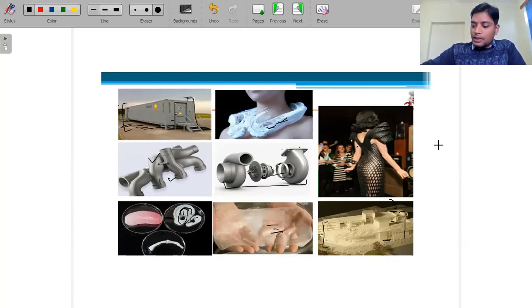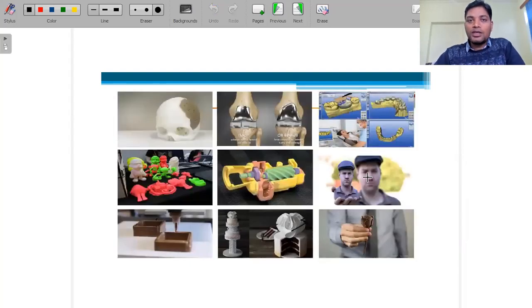This is basically the clothing worn for galas by women. These are based on nylons that are also manufactured by large size 3D printers. This is the skull part. As I mentioned, surgical instruments and medical equipment are mostly manufactured by 3D printers nowadays. Here are bone joints, this is in the knee.